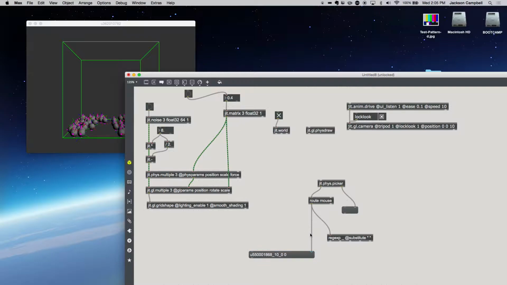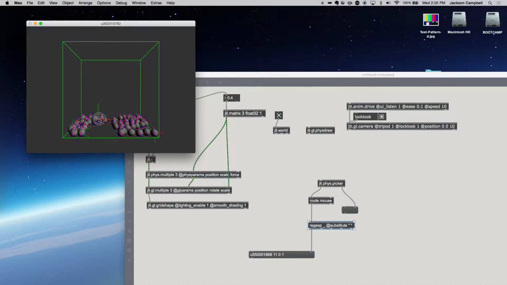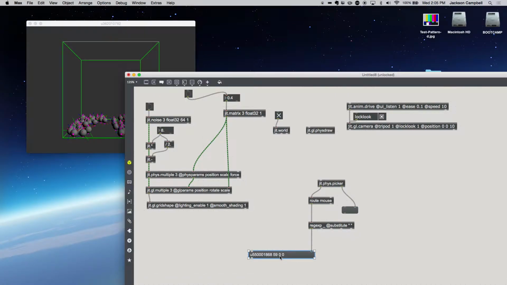And then I'll be able to actually route it like normal using a route object. So now if I'm clicking on this, now I get this, and I basically just need that third value. I need the second value and the fourth value. So I could say unpack symbol integer integer integer, and just take this one